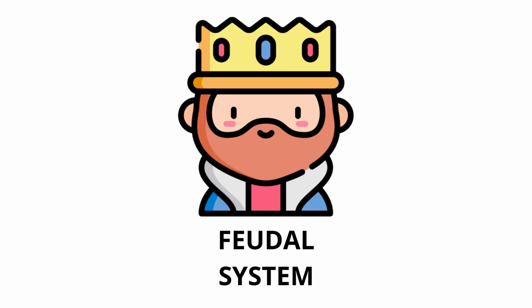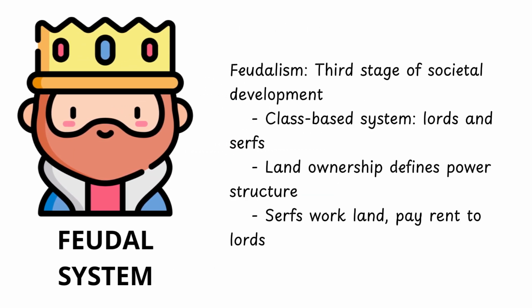Number 3. Feudal system. Feudalism marks the 3rd stage in human society's evolution. This period features clear class divisions in production and social structures, defined by land ownership and serf labor. Lords privately own the main production resource, land. They control large areas. Serfs depend on lords, working their lands and giving most of their output as rent or